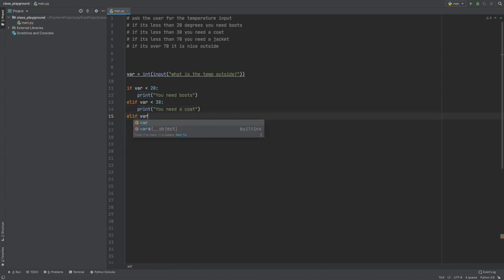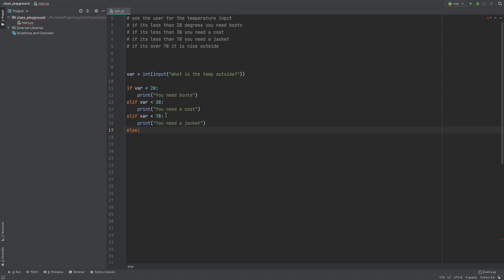Elif var is less than 70, print you need a jacket. And then finally we'll do else, and it's above 70, then it's nice out, and we don't actually